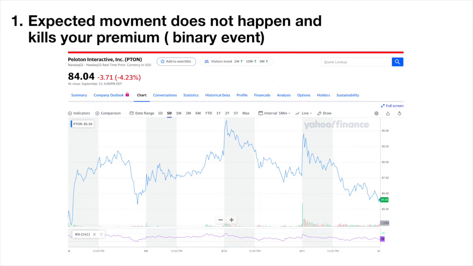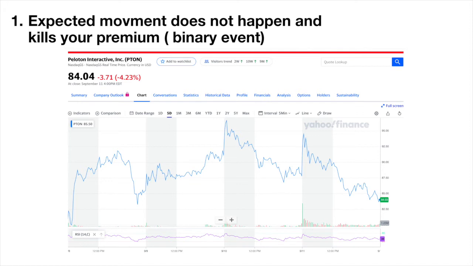So when the stock opens up the next day after earnings, if you don't start to see that move, the closer your contracts are to expiration, the more they start to lose premium. If your contracts go out for Peloton maybe 3 to 4 weeks, the premium decline may not be that great. But if your contracts are expiring at the end of that week, you start seeing a massive loss in premium, because what happened? You didn't get the expected move, which therefore means you didn't hit the volatility forecast, because